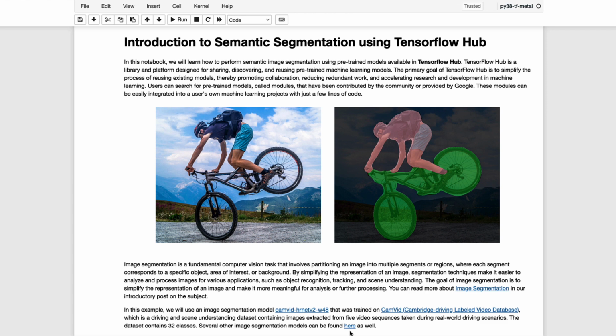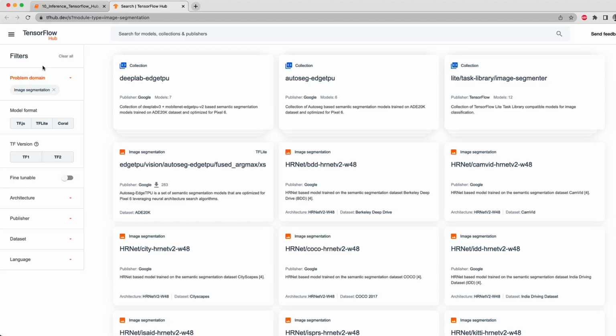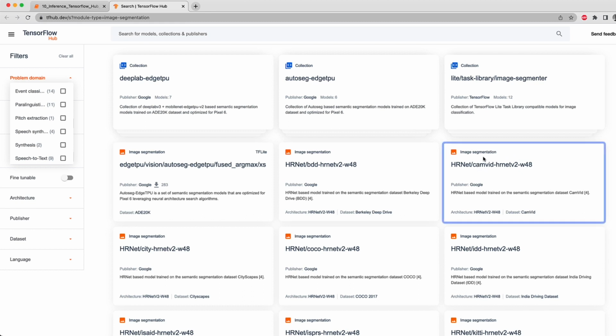But before we get started with the code and implementation, let's just take a quick look at the TensorFlow Hub site. Here we've provided a link to the image segmentation models on the site, but notice that in the upper left-hand corner there are filters that you can set to look for a wide range of different models. And in this case, since we're on the image segmentation page, you can see all the different segmentation models that are available. And so let's go ahead and navigate to the HRNet CamVid model that we're going to use for